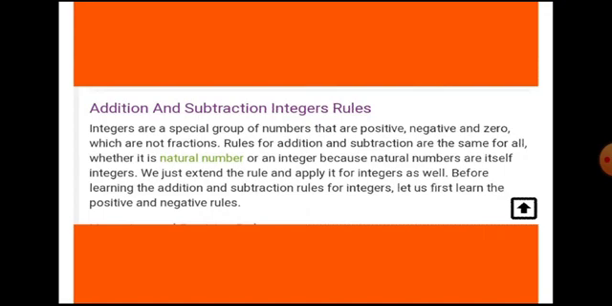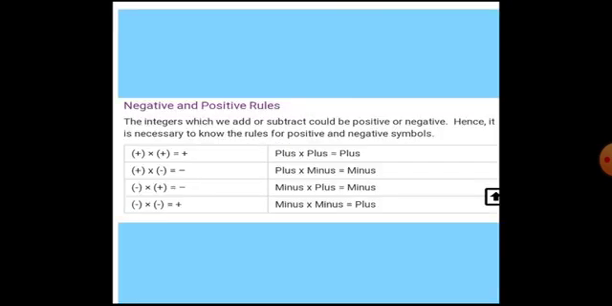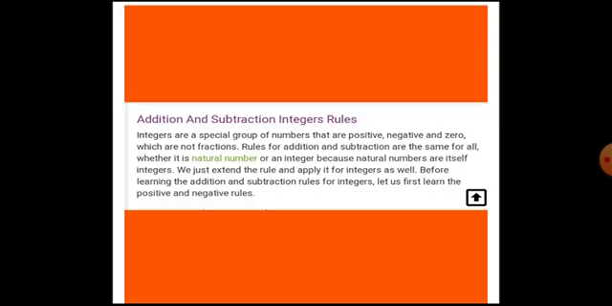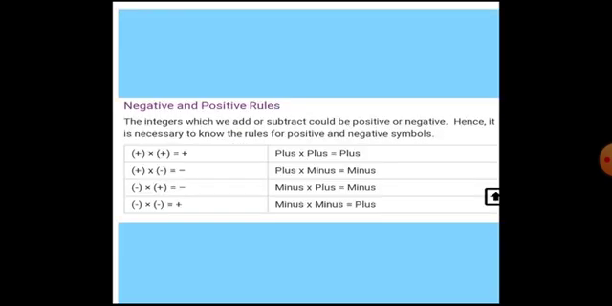Before learning the addition and subtraction rule for integers, let us first learn the positive and negative rule. First of all, student, I will clarify what is a positive number and what is a negative number, and how you can solve with a positive and a negative number if addition or subtraction is given between these numbers. So let's start. As you can see here,